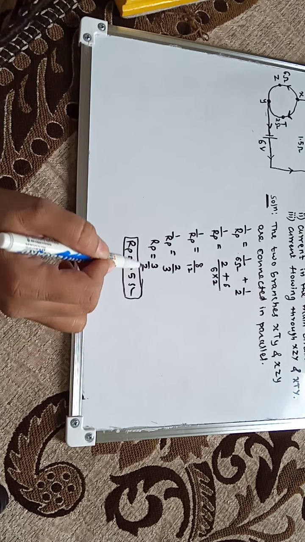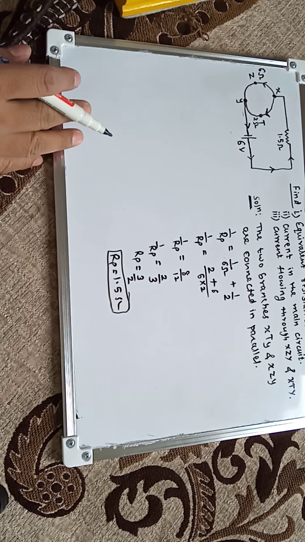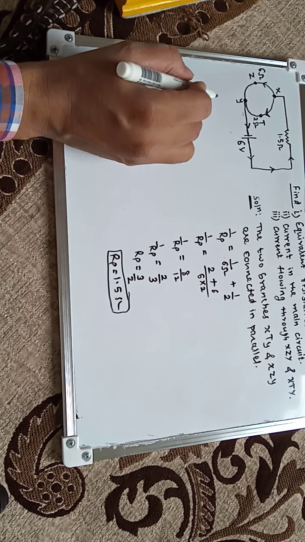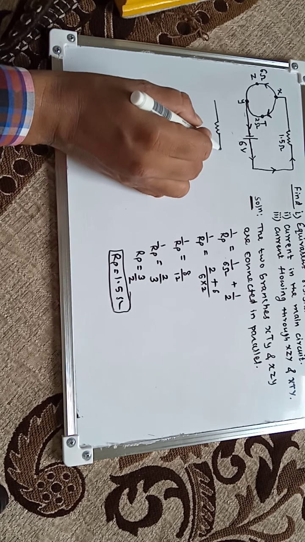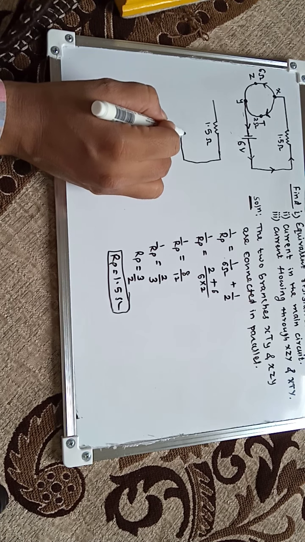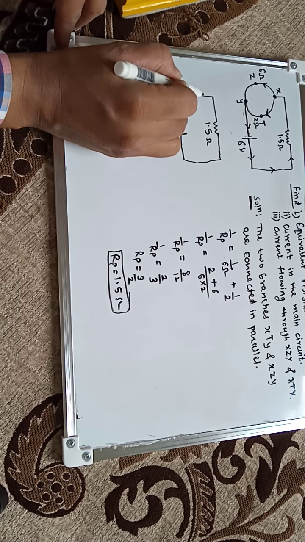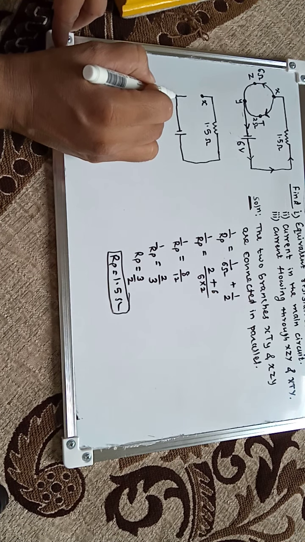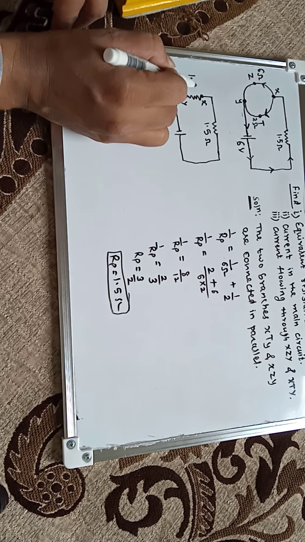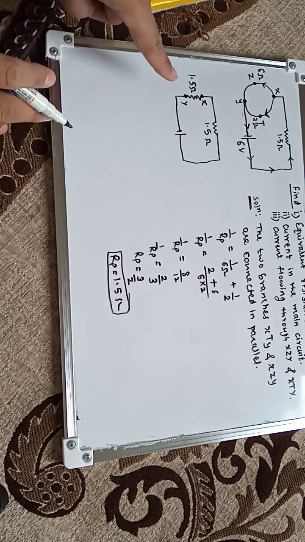So XTY and XZY are connected in parallel. We can remove both of them and connect only one resistance having value 1.5 ohm. See, we can draw the diagram like this. This will be 1.5 ohm. This is our circuit diagram: positive terminal, negative terminal. Here instead of two branches, we can write it like this. This is X and this point is Y, and between them there is a resistance of 1.5 ohm. Why 1.5 ohm? Because if we solve these two parallel branches, they also give 1.5 ohm.